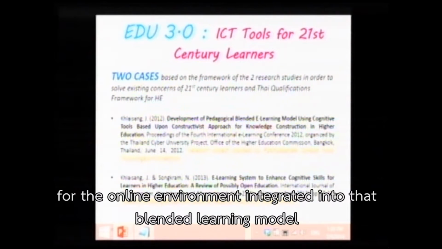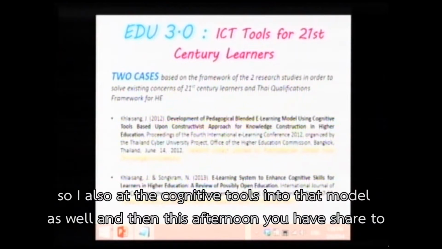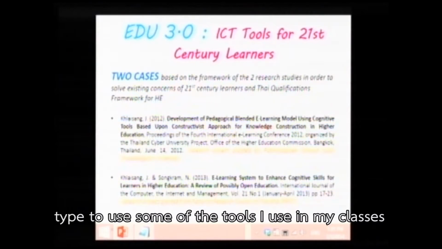I integrated it into that branded learning model. That is not enough for learners to create their knowledge, so I also add the cognitive tools into that model as well.